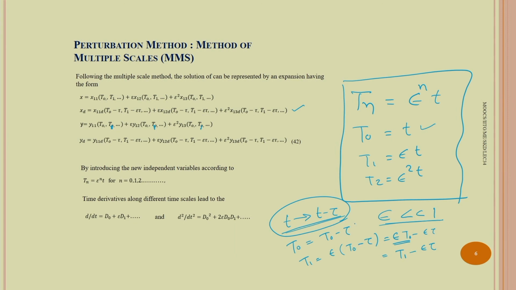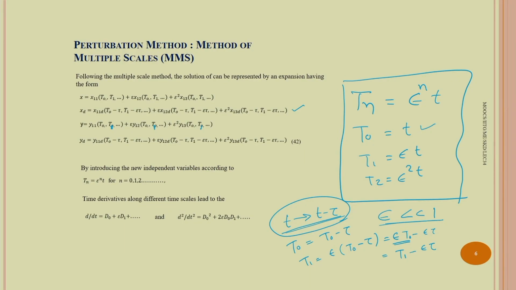So xd, that is the displacement in the previous cycle, can be written as x11d at T0 minus tau, T1 minus epsilon tau and T2 minus epsilon squared tau, plus epsilon x12d at the same arguments, and we can go up to epsilon squared x13d at T0 minus tau, T1 minus epsilon tau, T2 minus epsilon squared tau. Similarly, yd can be written using y11d,